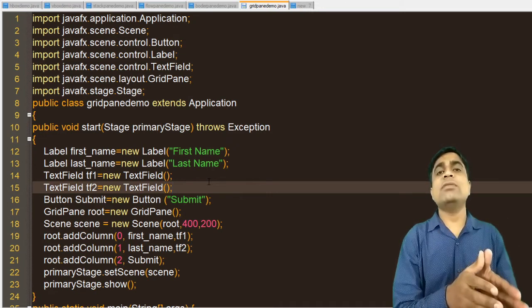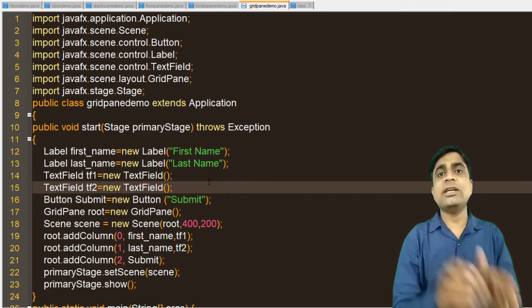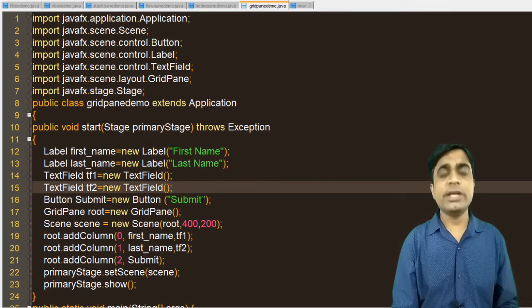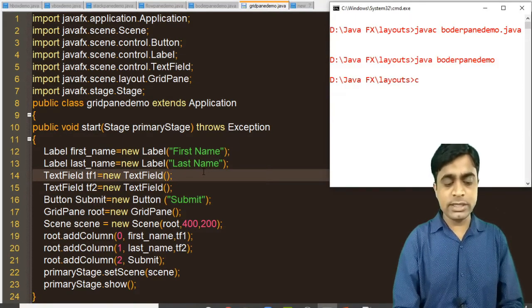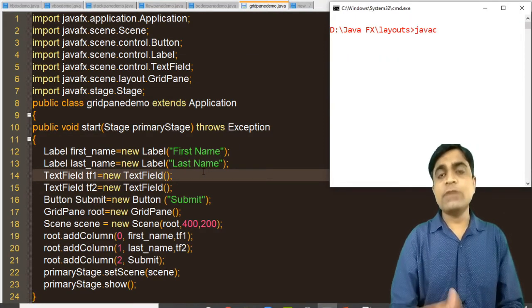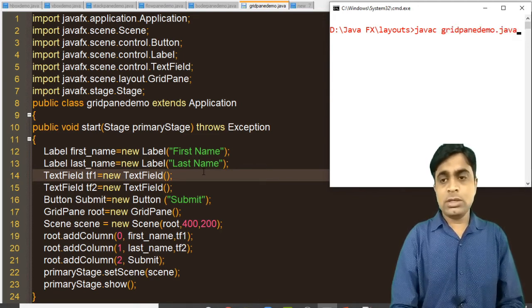We require one label and text field, next line label and text field, and one button, that is login or submit, whatever you want. I will show you the output first, then you can easily understand what we can make using a grid pane. Now, GridPaneDemo.java,